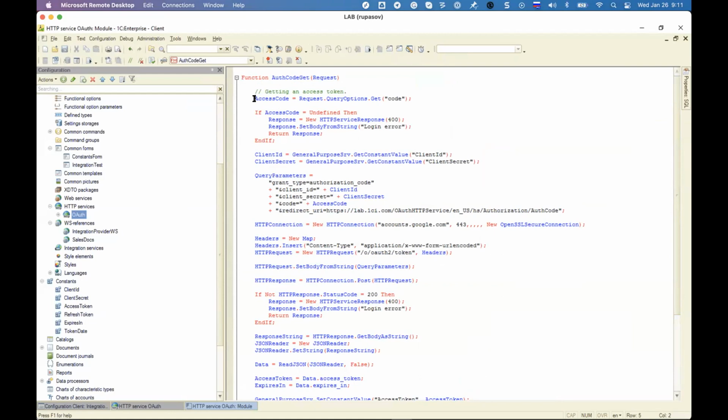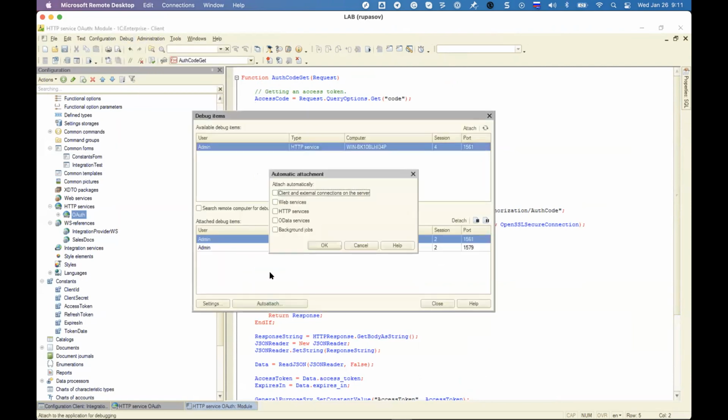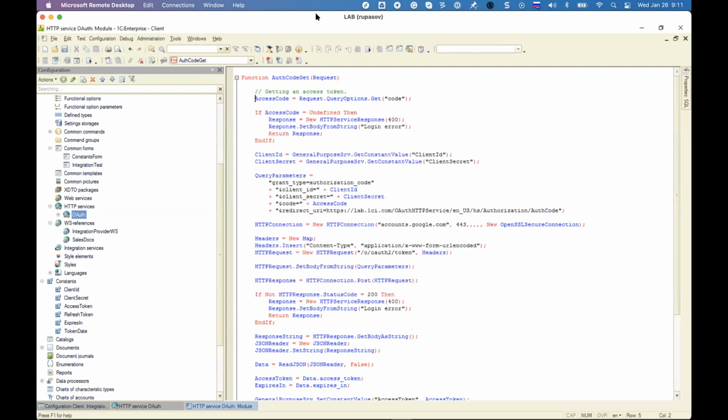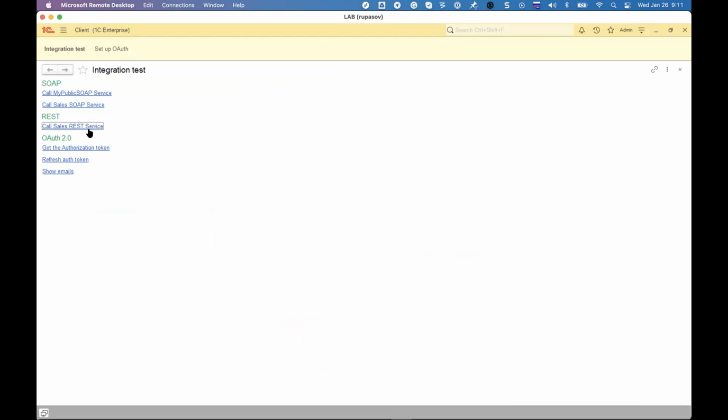So let's just actually try and debug this piece of code, so you will see how it works, and we will be able to look inside. So to debug HTTP services, of course, as you probably know, you need to go here and tell the platform to auto attach HTTP services when somebody is connecting to the services. So I'm setting up the breakpoint here. And now let's look what it looks like. So I'm going,